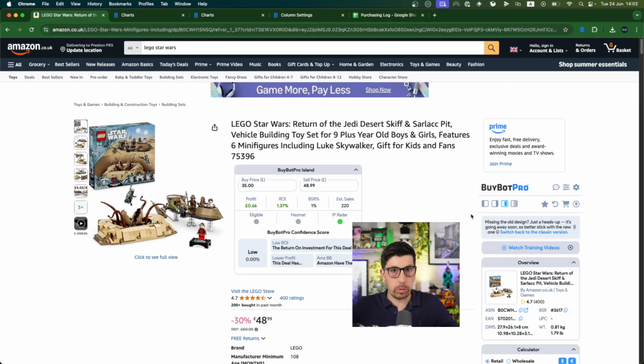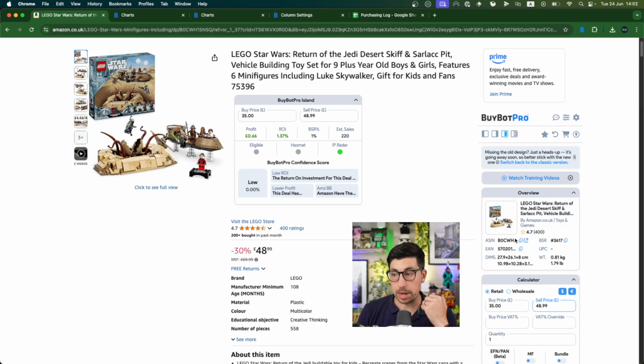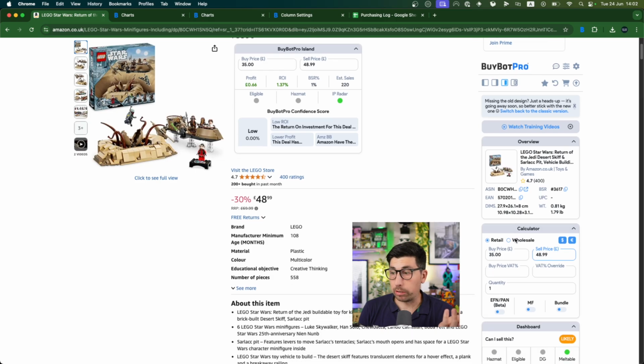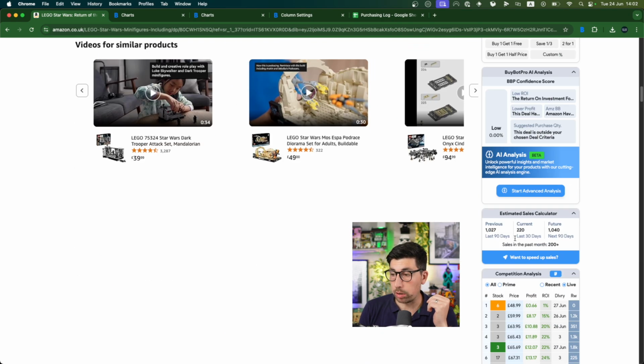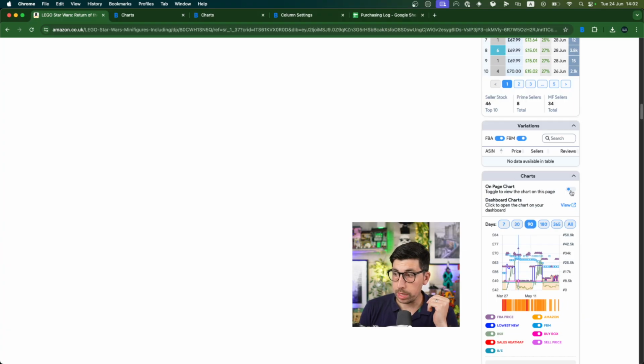But how do we set the data and then be able to export it? Now, what we've got here is 35 quid, selling at the moment for 48.99. I would still potentially pick this up. The reason being is that I would go and have a look at the graphs. So I would go down to the charts, and I would open it,